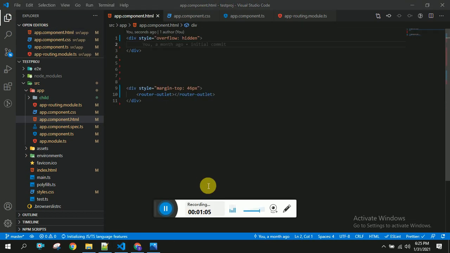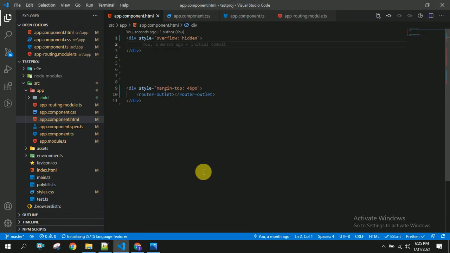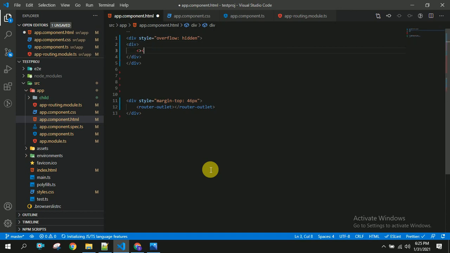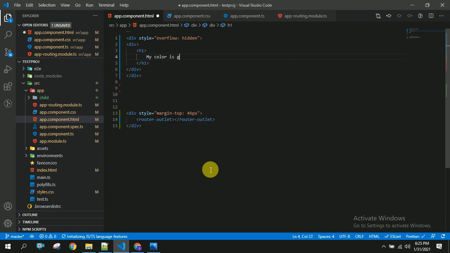Now I am going to app.component.html, and I am taking a div here. Inside this div I am going to use some h1 tag. Inside this I am going to write some text: my color is going to change.